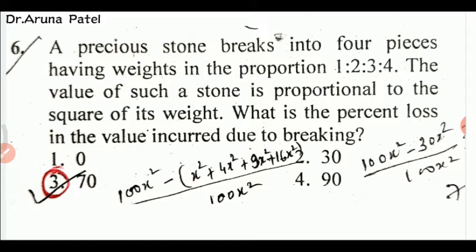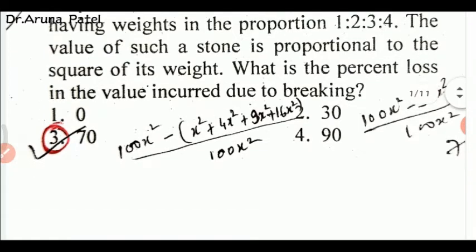A precious stone breaks into 4 pieces having weights in the proportion 1:2:3:4. The value of such a stone is proportional to the square of its weight. What is the percent loss in the value incurred due to breaking? So here is the question. The solution is,